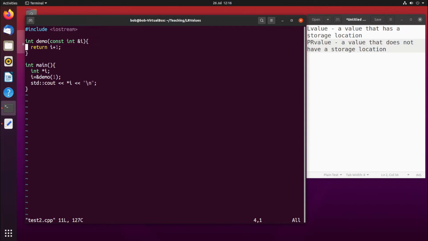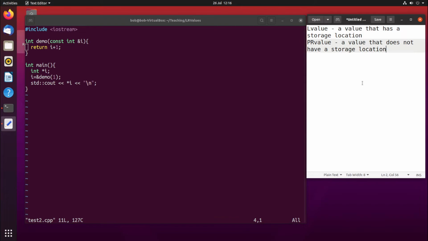And this introduces the reason that I've been talking about PR values in C++ rather than R values, because there are also these things called X values. And an X value is a value that is going to go away. The X comes from expire. It is a value that is going to expire on its own. It's going to go away once that function has finished evaluating. There are other forms of X value, other ways of creating them, but a return value from a function is